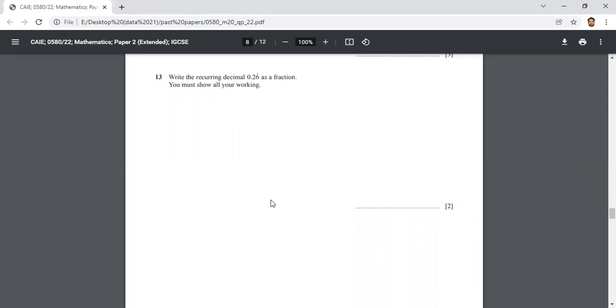So here this number can be like that. If we write here, it is 0.26 dot. That means 6 is repeating, okay? So let's suppose I'm going to make one equation. So this is 0.26666 like that. And now we know that my number 6 is repeating. So I want to bring point 2 places right. So it means I'm going to multiply with 100. So 100x is equal to